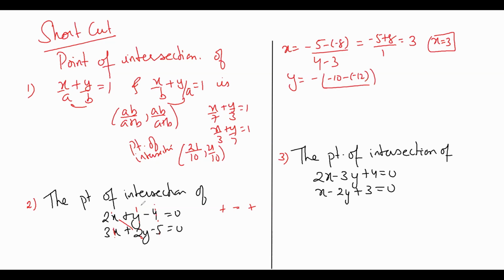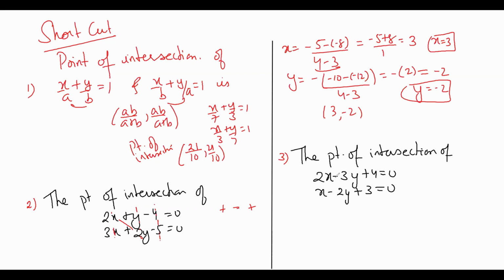How do we obtain that? By cancelling the column containing the constant term, that is this. So why do it again, just replace it by this term. So what I get from here is minus, and this is plus 12 minus 10 is 2, and in the denominator I have 1, so my answer is minus 2. Therefore my y coordinate is minus 2 and the point of intersection is 3 comma minus 2.